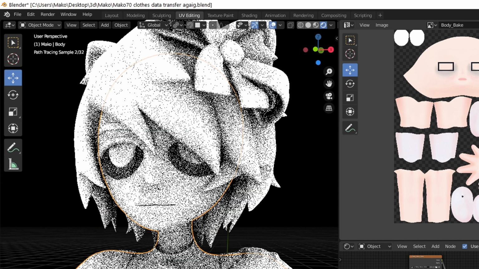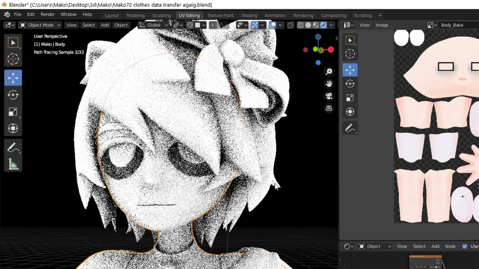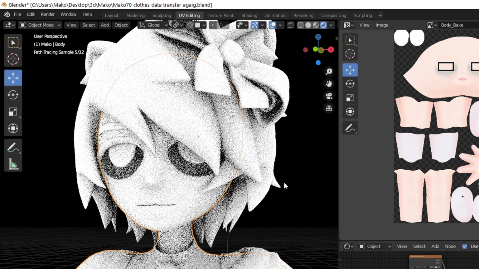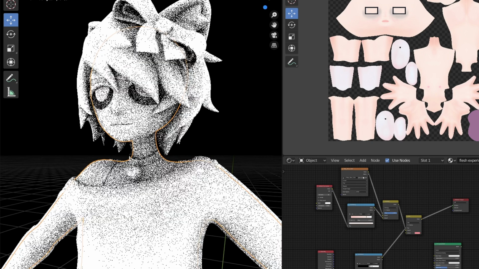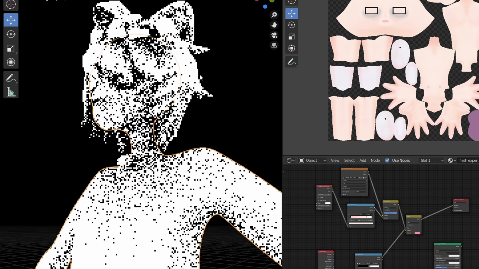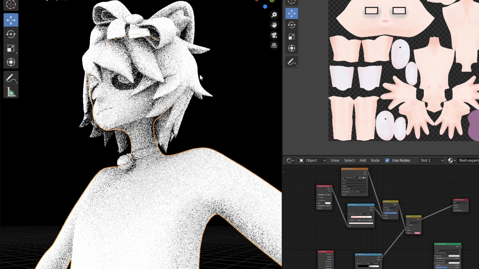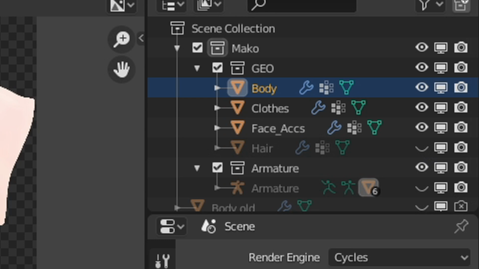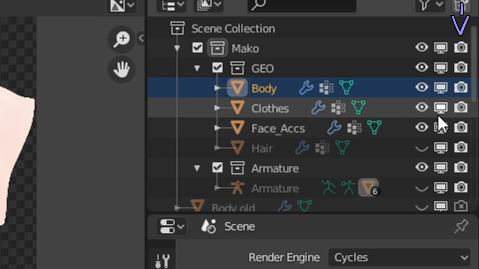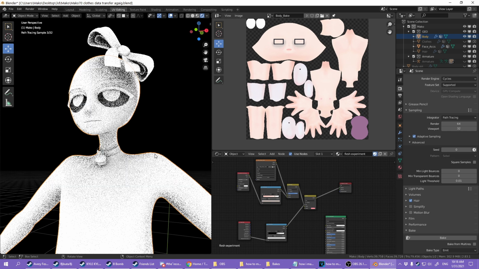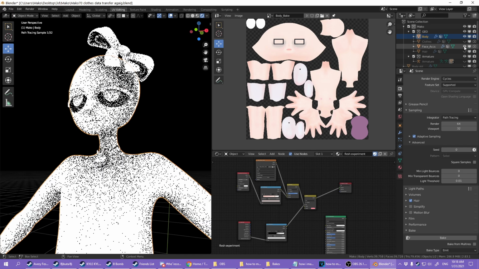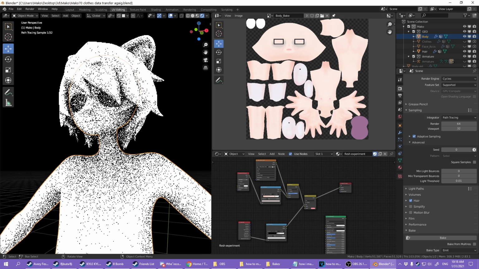All the ambient occlusion does is generate shading based on where light is unlikely to hit, but it's not generating from an actual light source. So all those places like underneath your chin, between your fingers, underneath your arm, between it and your torso, it'll generate shading there. You may want to disable other meshes from affecting this by disabling the render icons on them over here. If I disable the clothes from render, you can now see the clothes are no longer affecting the ambient occlusion of the body, which may or may not be what you want. The hair is something I definitely disabled because the hair was going to be going all over the place.